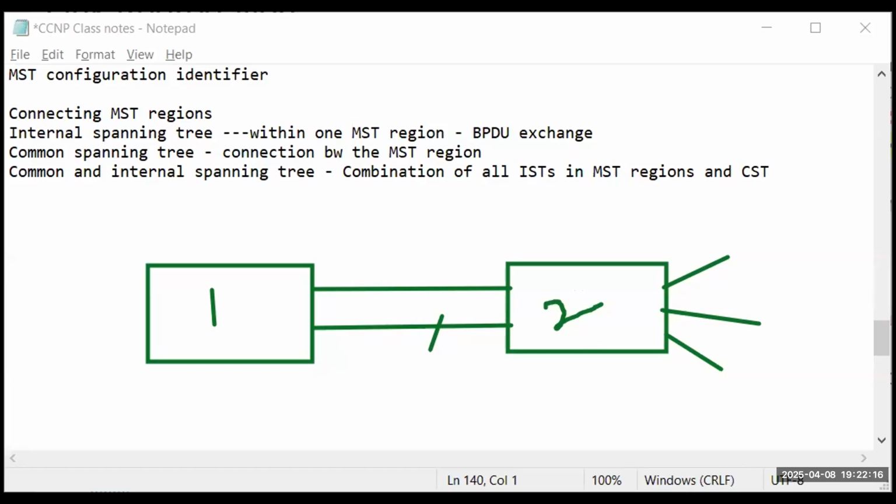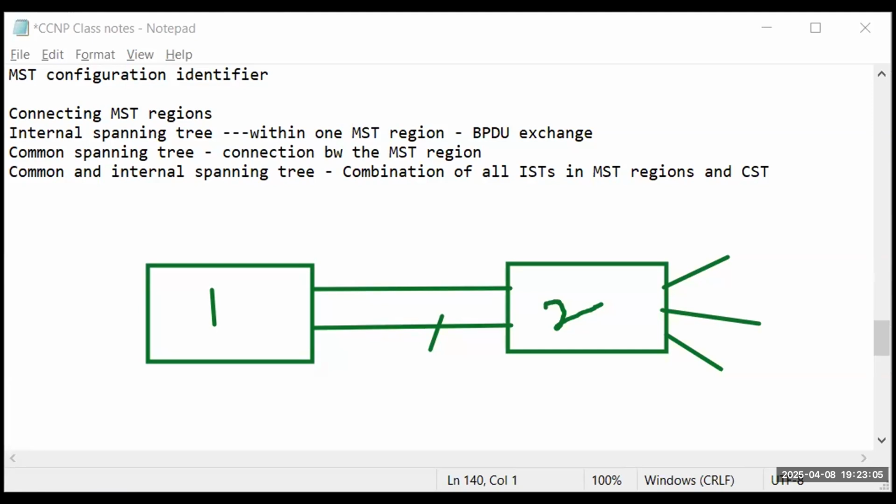But how do I achieve sufficient bandwidth between the switches for my users, servers or network resources to access? I can achieve that with the help of EtherChannel configuration. So that's why the word EtherChannel comes into the picture. What EtherChannel does is nothing but link aggregation technology. If I have multiple links, all the links are aggregated, added together, as needed